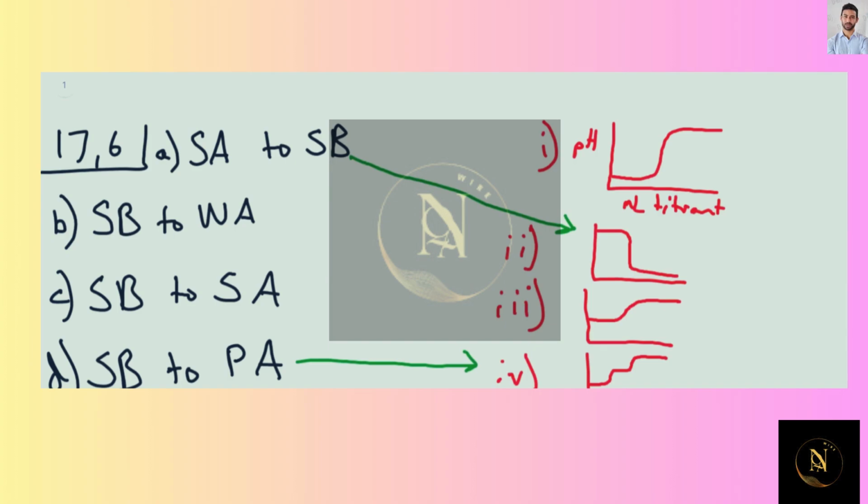Now we'll switch to blue here, and then we'll say strong base to weak acid. So we're starting with the weak acid. So between the 2 that are left, 1 and 3, we want the one that starts at a higher pH because it's a weak acid, and so that's number 3. And then for the only one left, strong base to strong acid, we're starting at a low pH, going to a higher pH. That's number 1. So to clarify, we have A matched with 2, B matched with 3, C matched with 1, and D